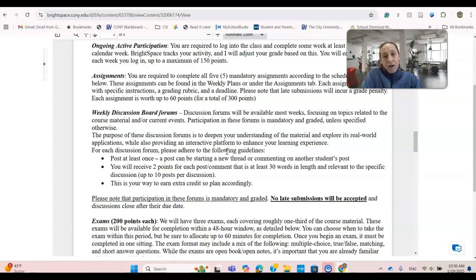If you are active on the discussion forums, you can accumulate up to 10 points per discussion. The way it goes is that for every post, either you start your own thread answering the prompts or you are commenting on another student's, and either of those are worth equally.